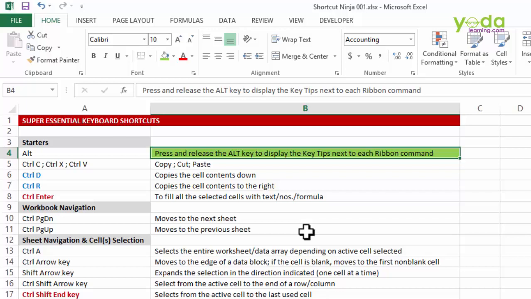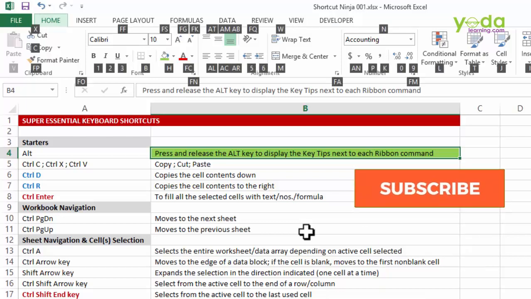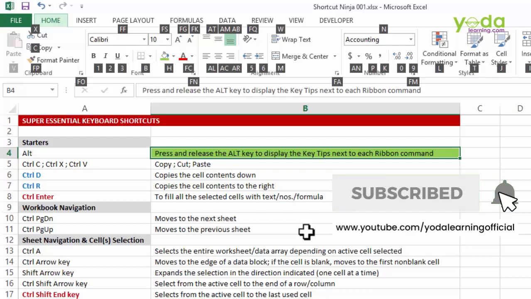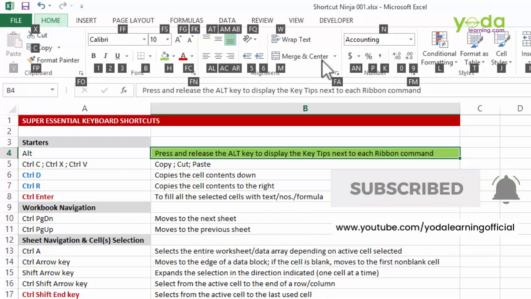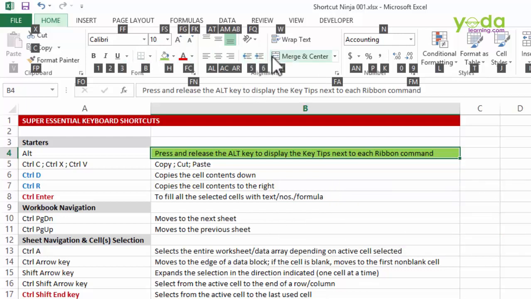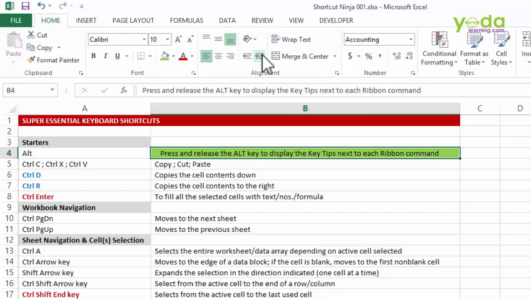If you perhaps want to access another button, let's say Alt, H is for Home, and then what I see is the comma style or maybe general or maybe any other format which indicates increase or decrease indent. Let me press digit 6. Why 6? Because this is present beside the button called increase indent. Let's say 6. As you can see, it definitely affects the text inside it.